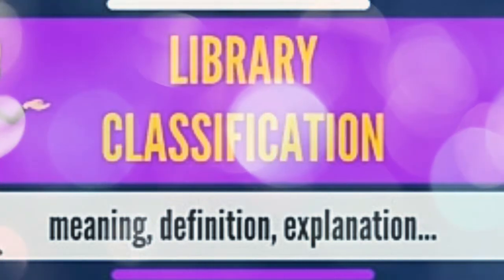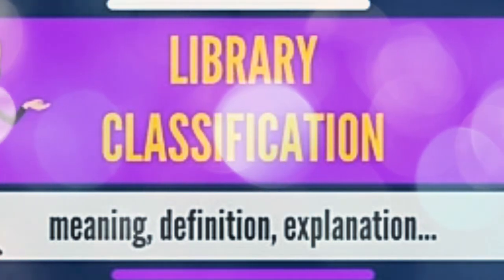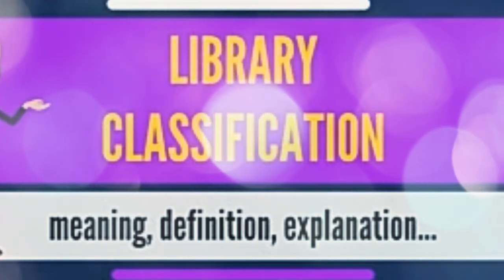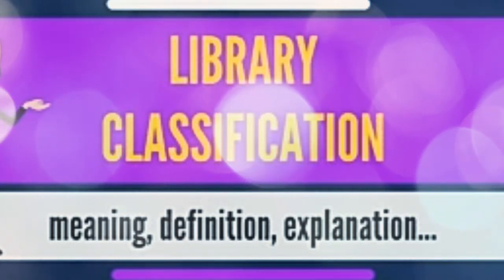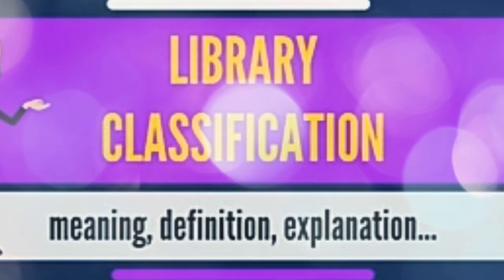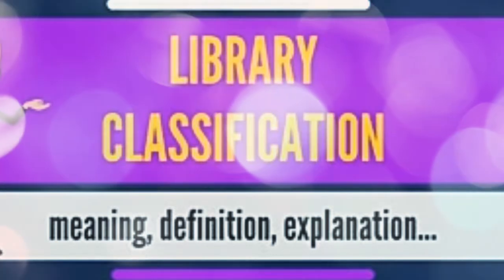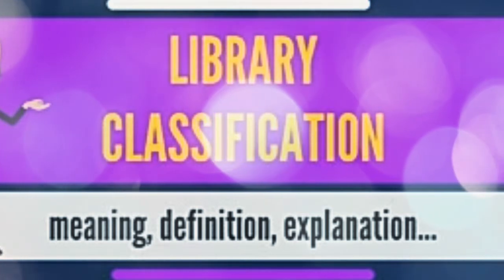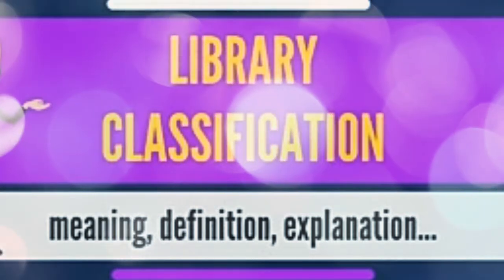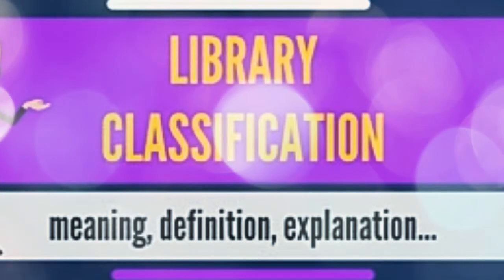Library classification is an aspect of library and information science. It is distinct from scientific classification in that it has as its goal to provide a useful ordering of documents rather than a theoretical organization of knowledge. Although it has the practical purpose of creating a physical ordering of documents, it does generally attempt to adhere to